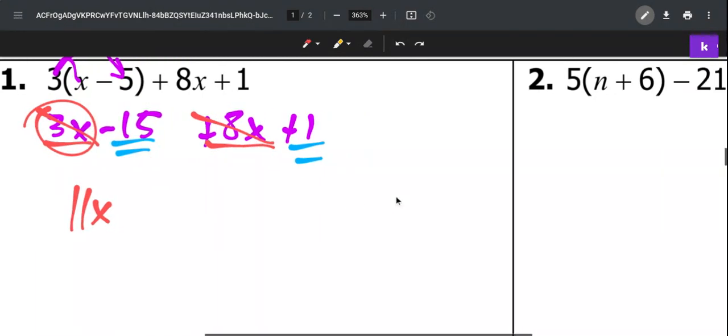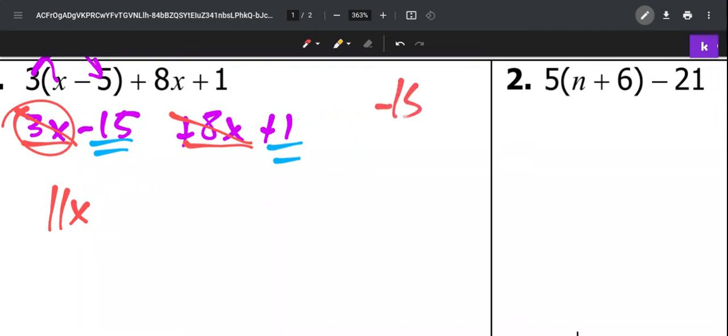So think about it this way. I've told you several times, think about this like it were money. If I owe someone negative 15 or $15, that means I'm in the negative. Like if you have a bank account and you spend, I don't know, 15 more than you really have, you